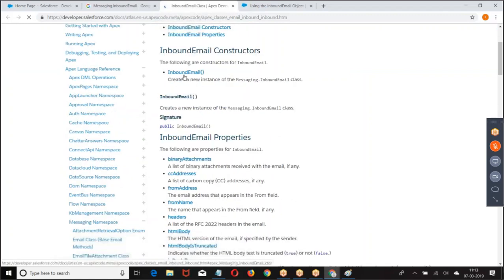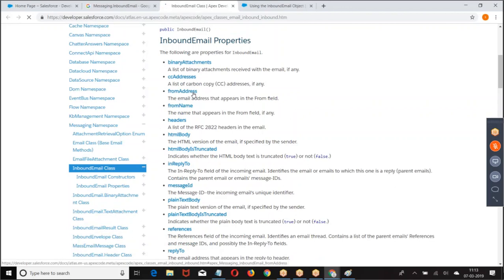Here what we have? CC address, from address. At the time of sending, you already kept, right? From address, CC address, BCC address, subject, plain text body, HTML body, all this data is here.